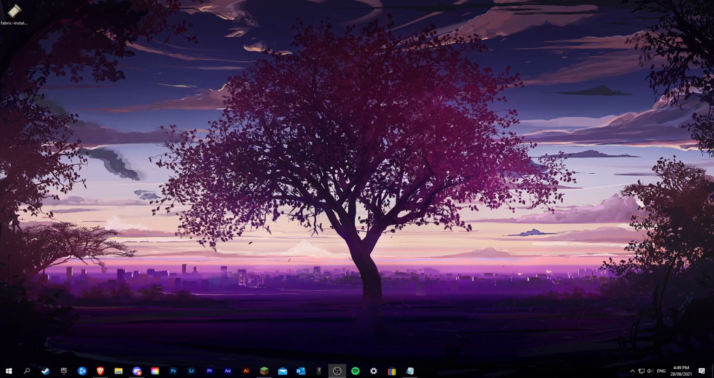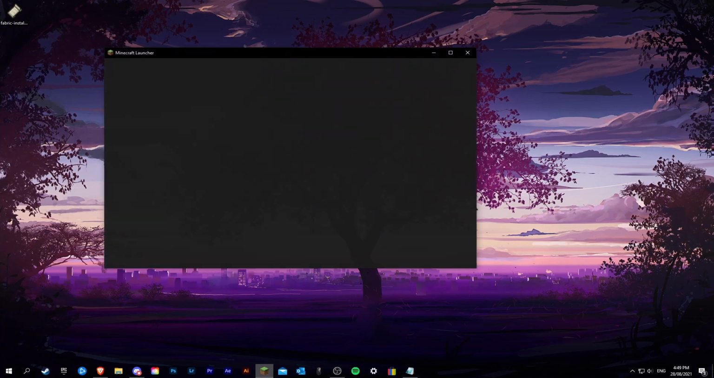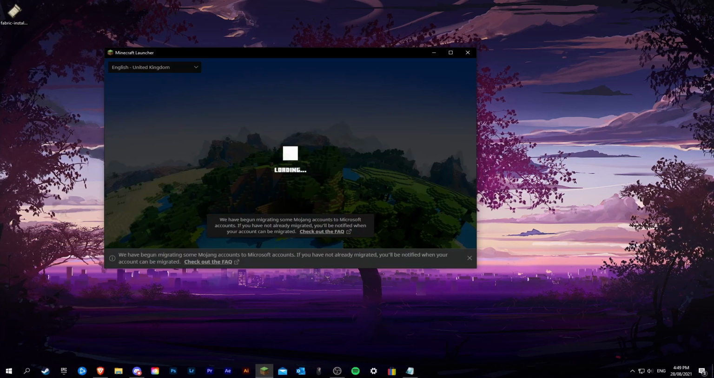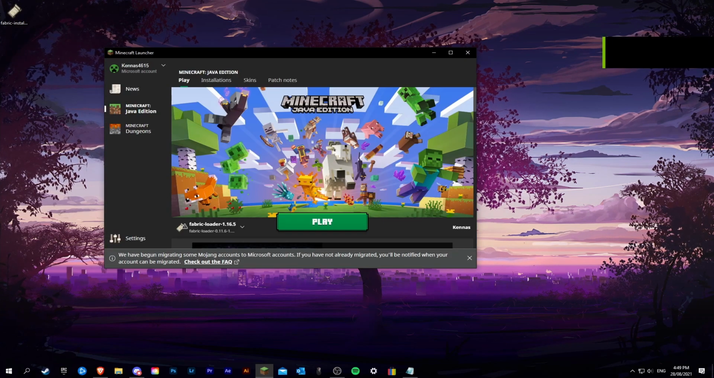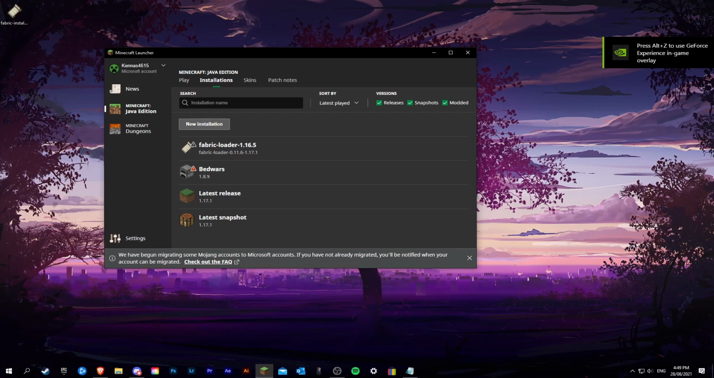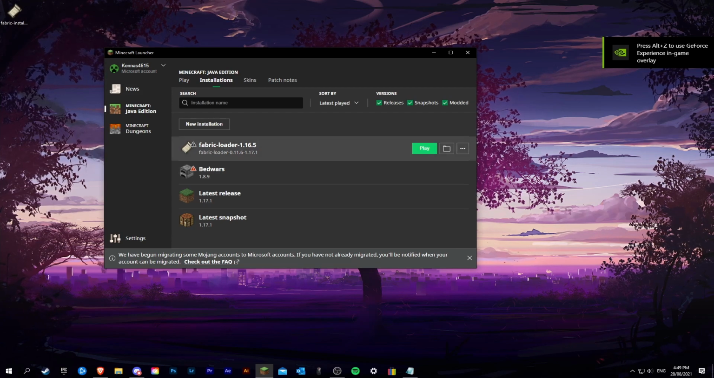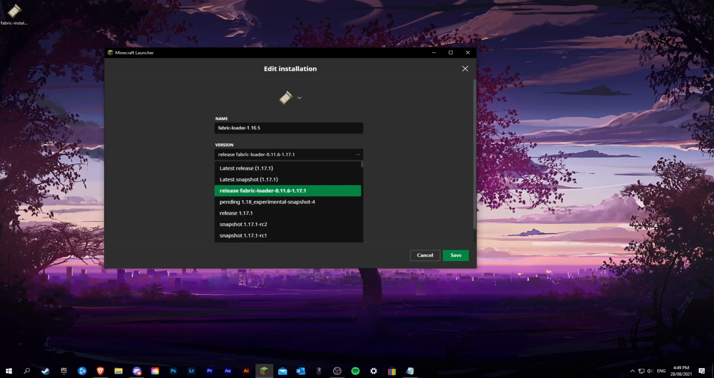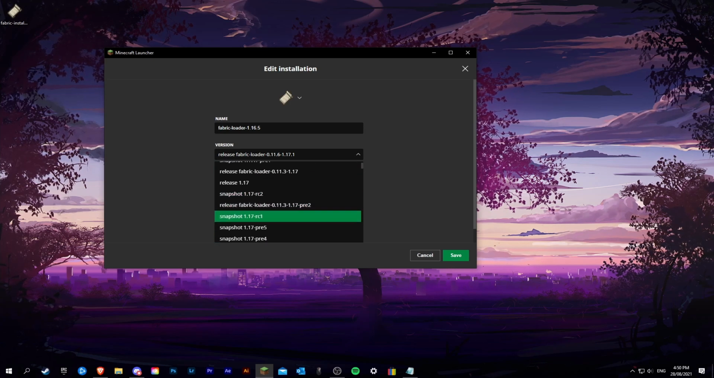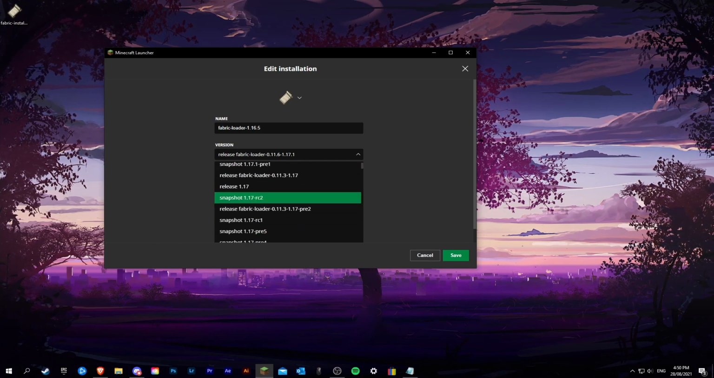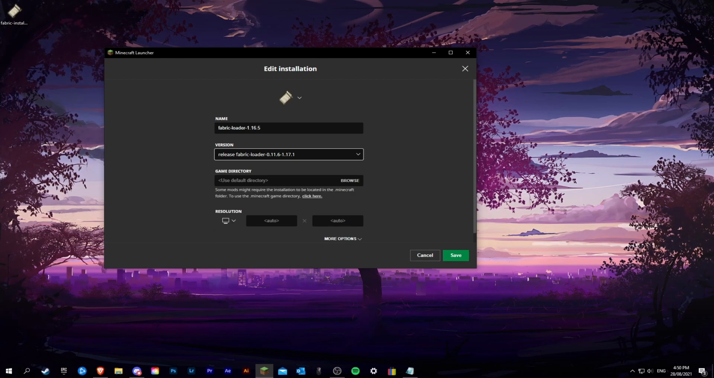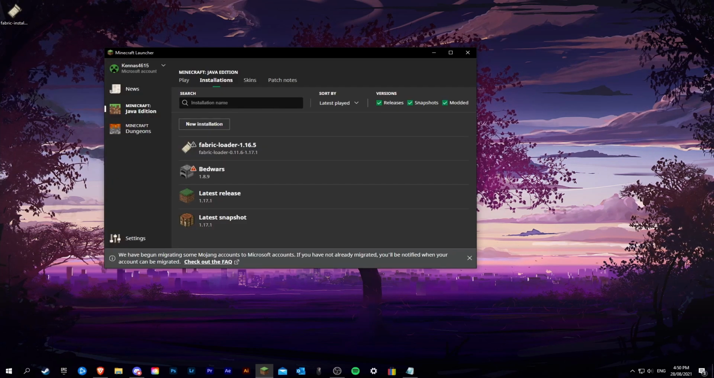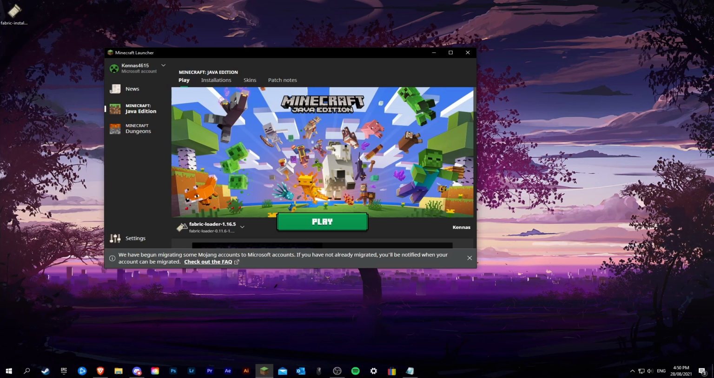Now that that's done, I'm just going to restart the Minecraft launcher. Go into installations, and if it hasn't already created a new installation, you're going to want to go to edit, and then change that from your 1.16.5 or whatever your version previously was to the new version you just installed, which for me is Fabric 1.17.1. Go ahead and click on save, play,